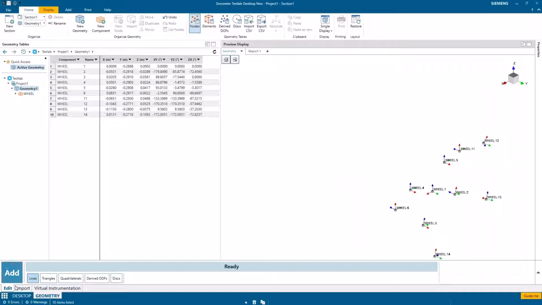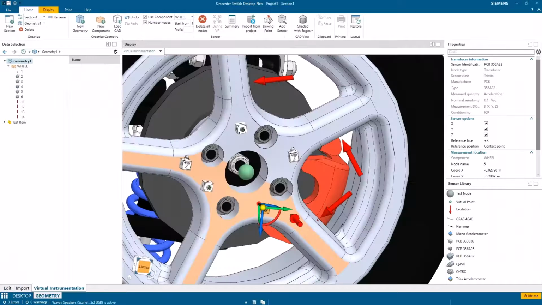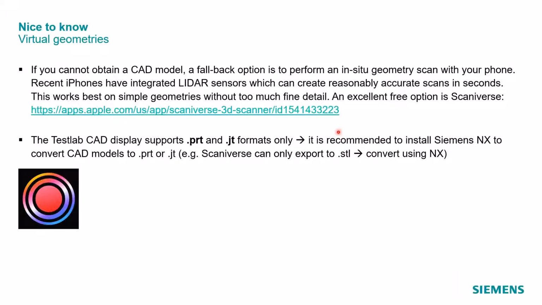In addition, let me just show you what if I do, and this will be on here. But what if I don't have a CAD model and I've got this structure and I've only got it for the day and I want to use some of the features of virtual instrumentation? Now, we only support the PRT and JT formats, but you can use something like this free app,